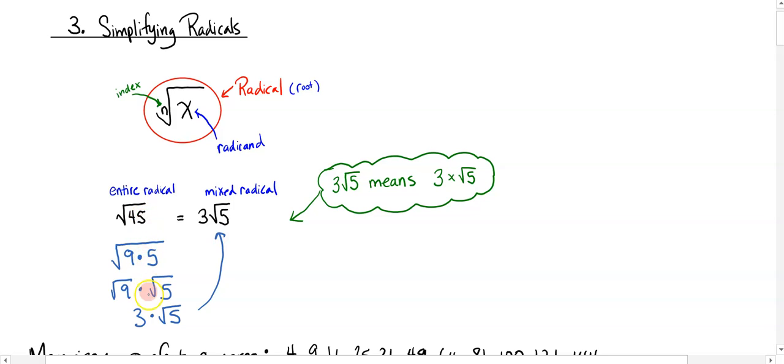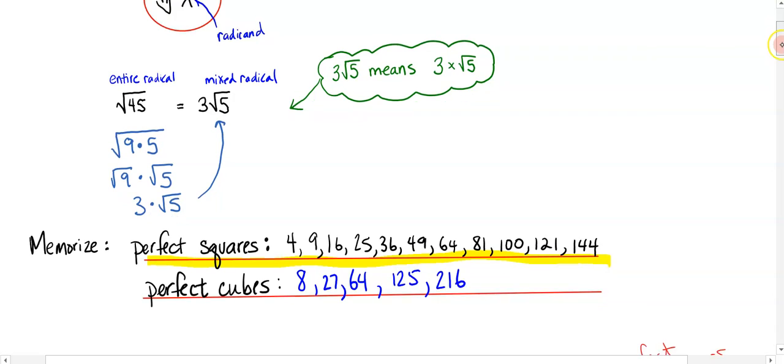So to simplify a radical, this is called an entire radical when everything is underneath the root sign. We can simplify an entire radical into a mixed radical by looking for a perfect square that is a factor of it, breaking it down and taking the square root of the perfect square. 5, we cannot take the square root, so it stays underneath the root sign. So root 45 is equivalent to 3 times the square root of 5. They are the same. 3 root 5 is the simplified